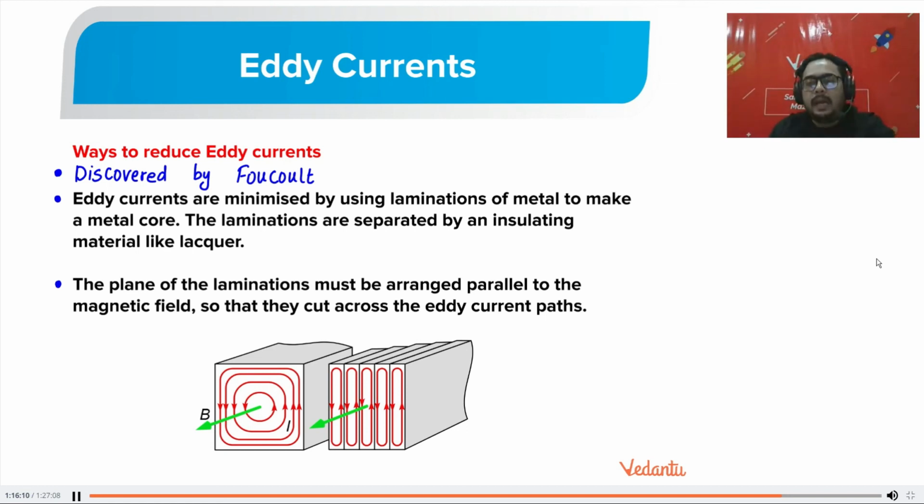Okay. And Nishant is asking for a real life example. Beta, in real life, have you seen the transformer? In a transformer, the magnetic field is changing continuously. So in a transformer, there is a huge eddy current loss. Okay. अरे नहीं हर्ष, the area decreases for forming the circular loop. That is why it is decreasing. Okay.